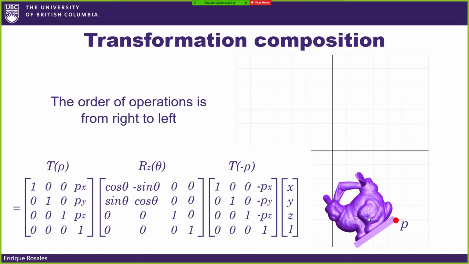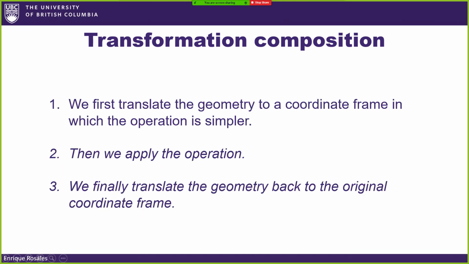This is super important. The idea of composing transformations, if we can make a recipe, is that we usually first translate the geometry to the coordinate frame in which the operation is simpler, right? So again, in this case, we have a 3D world in which we have this bunny, right? The bunny has its own coordinate frame, but now the bunny is probably translated, right? So we first take the model, the points, or whatever we wanted to transform to a coordinate frame in which the operation is simpler. Then we apply the operation we want, either scale, rotation, or whatever, and we finally translate the geometry back to the original coordinate frame, right? So that is basically the recipe